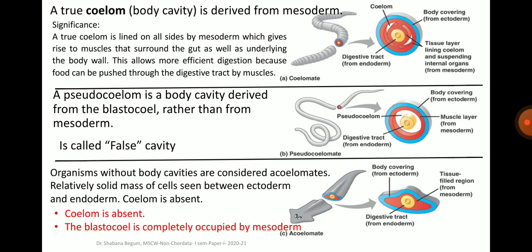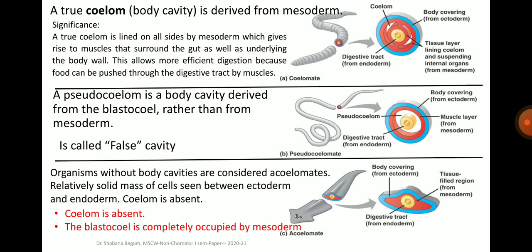So a true coelom is derived from mesoderm, and its significance being a true coelom is lined on all sides by mesoderm, which gives rise to muscles that surround the gut as well as underlying the body wall. This allows more efficient digestion because food can be pushed through the digestive tract by muscles. The examples of coelomate, here the earthworm and its section is